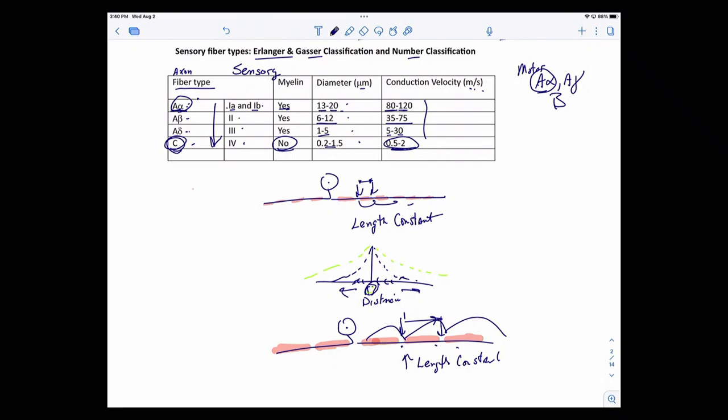So we're going to end this here now that we have the basic vocabulary, because in future lectures I'm going to be talking about A alphas, A betas, A deltas, and Cs. Each of the different sensory modalities has different fiber types associated with it, which means different speeds of communicating a particular sensory modality. We will revisit that in future lectures. So we'll end this here, and we'll pick back up on the next page next time.